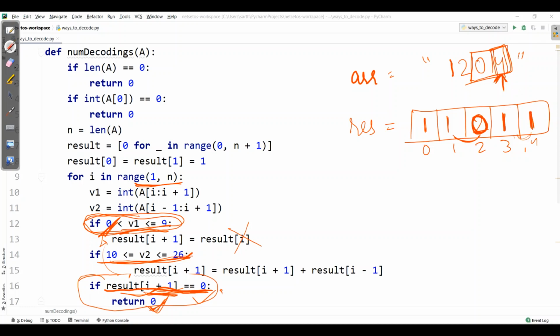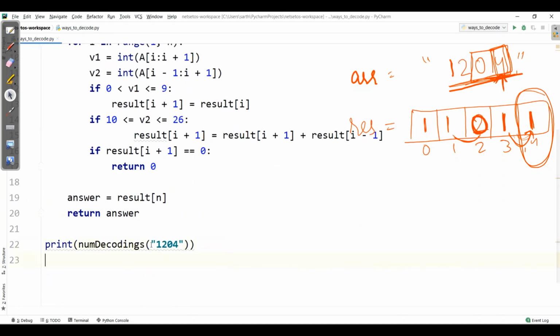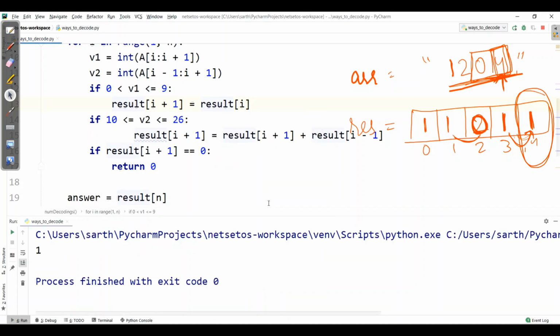For the single element, it will copy the previous element. So if we check for 1204, the last element is 1, which shows there is only one possible way to decode 1204. Let's check this. Here I have 1204 and when I run this, I get one possible way.